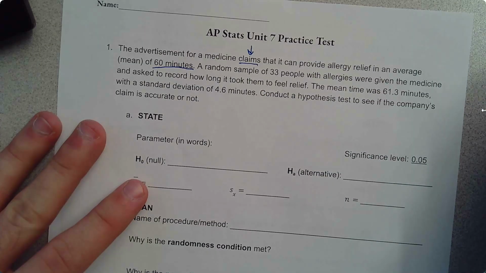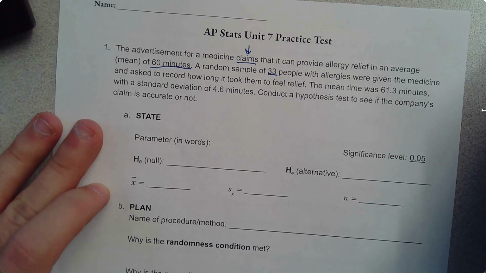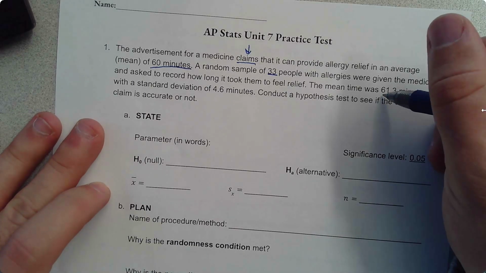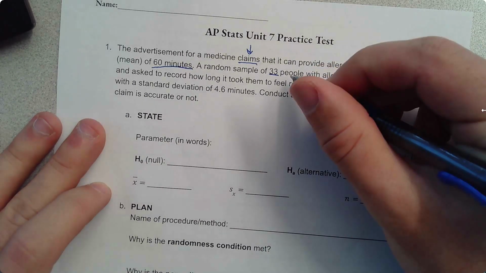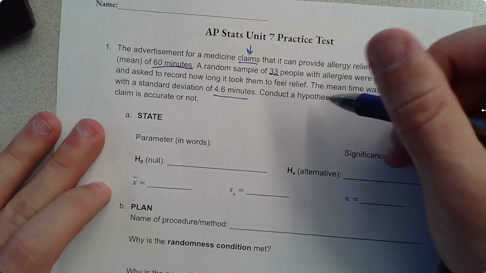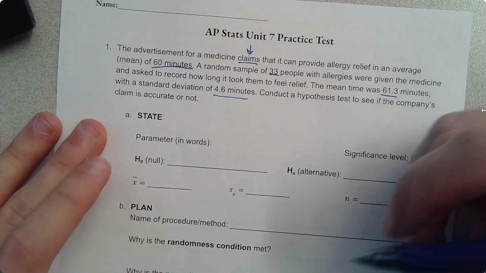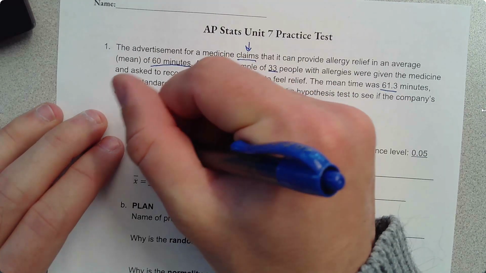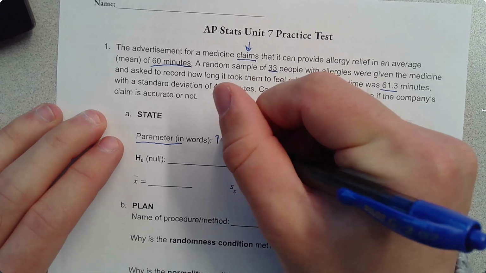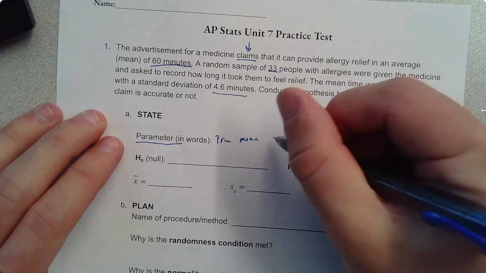A random sample of 33 people, also important, with allergies, are given the medicine and asked to record how long it took them to feel relief. The mean time was 61.3. That's of those 33, okay? With a standard deviation of 4.6. Conduct a hypothesis test to see if the company's claim is accurate or not. Okay, so the parameter is what we're measuring in words,